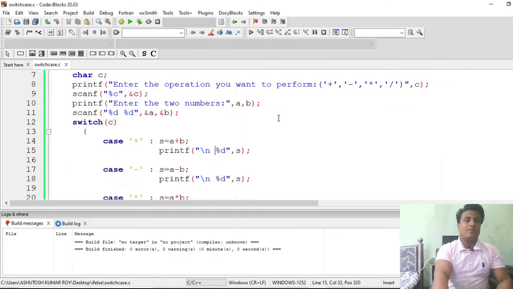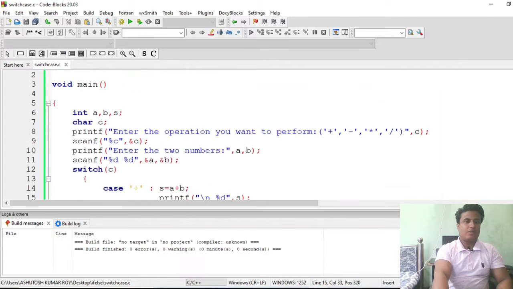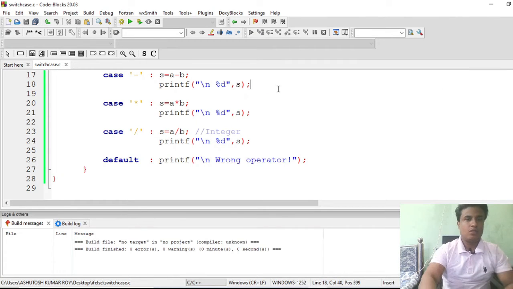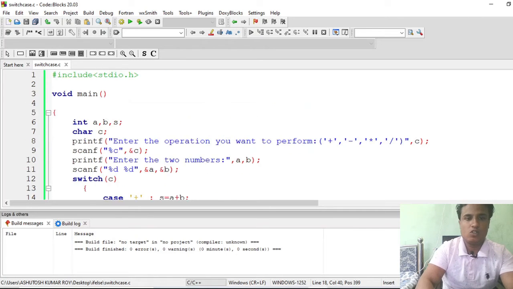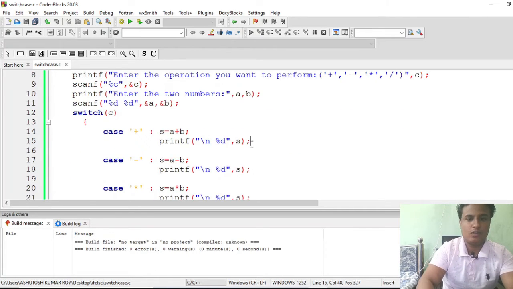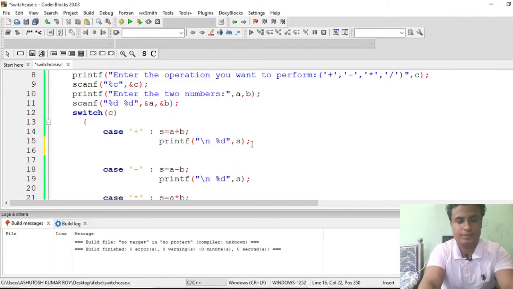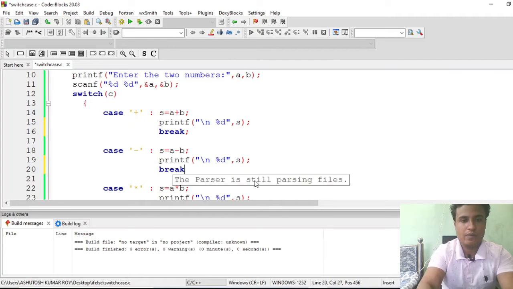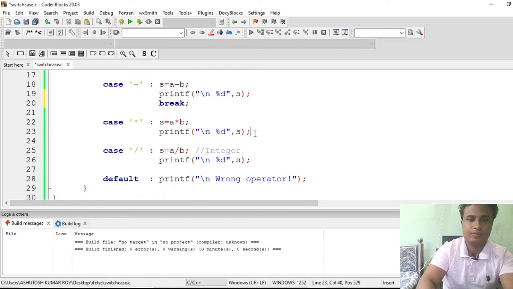So what you observe from this experiment which I have shown you is that the usage of break is essential in switch case, if you want to operate distinct cases. Okay, so now let me use break after the end of every statement. So hope you are getting the usage of break. I have shown you through examples. Okay, break here, put break here, put break after the second case. Now you will see the difference.